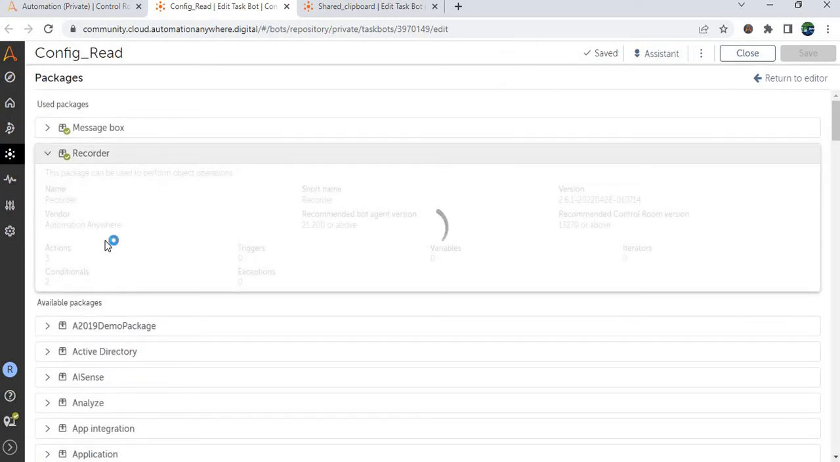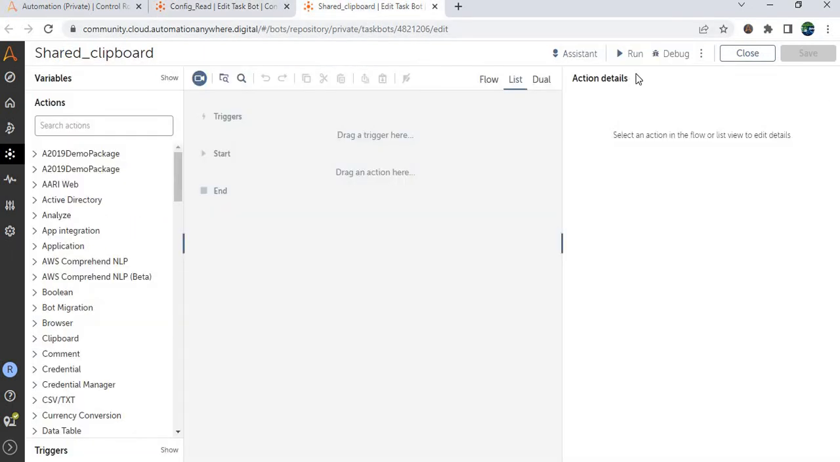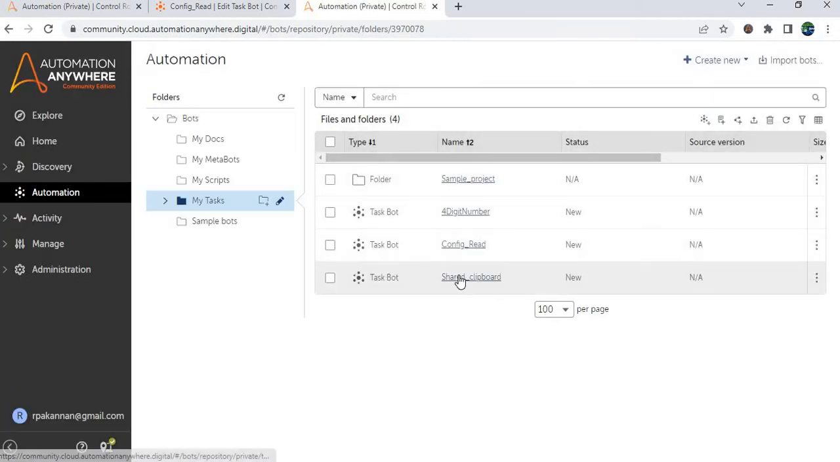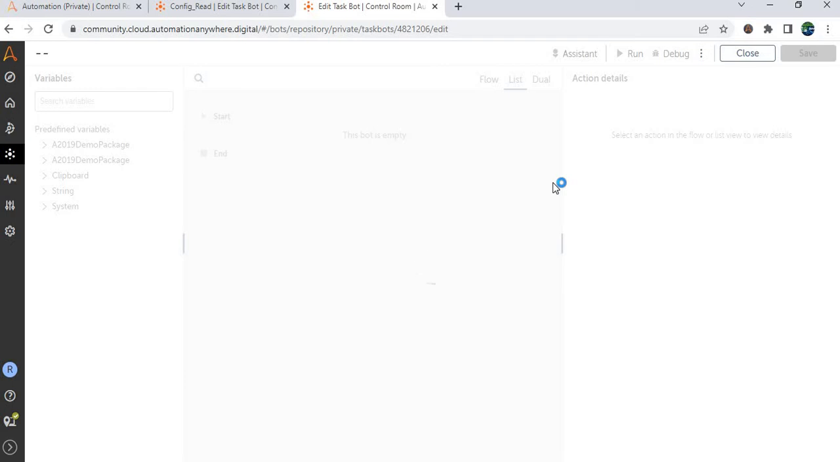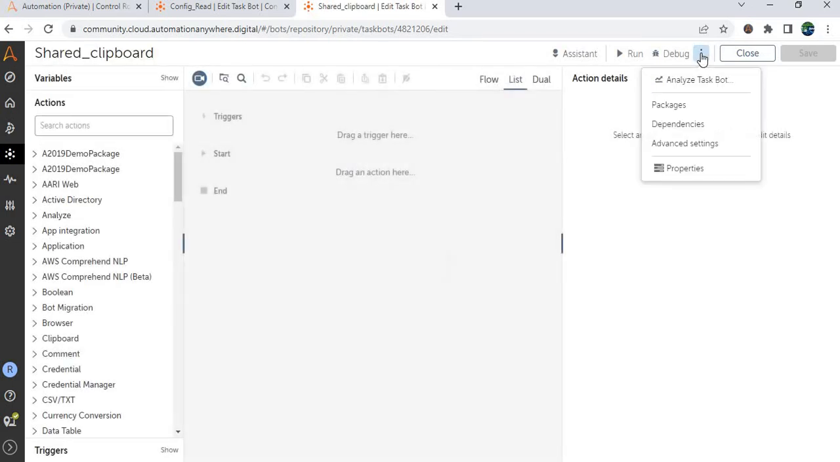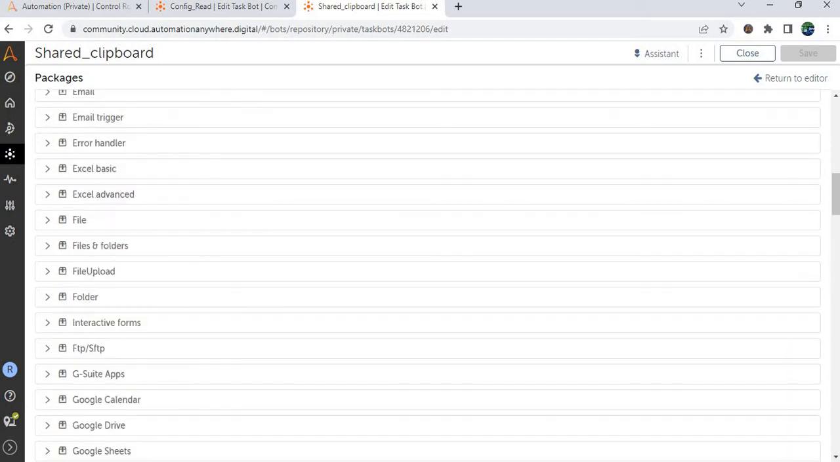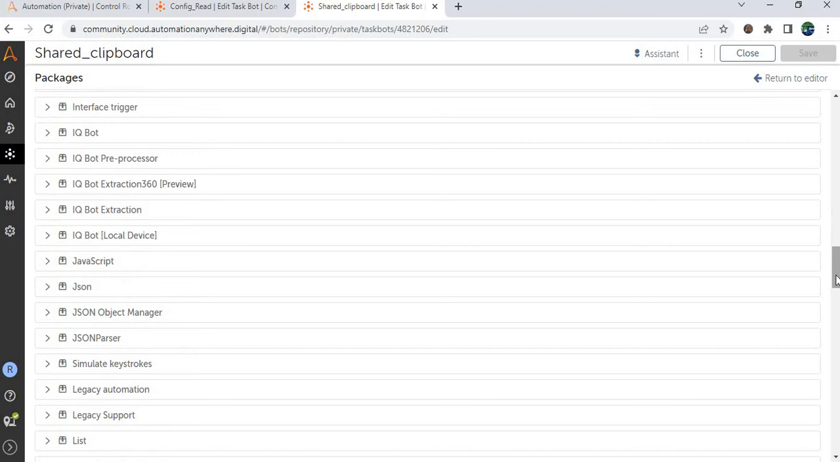First you have to identify the package version from here, as well as in the other taskbar. Sorry, I missed out. Let me open that shared clipboard, click on this icon and go to packages. From here also I have to validate that package version. So where is that recorder? First I have to find that recorder,